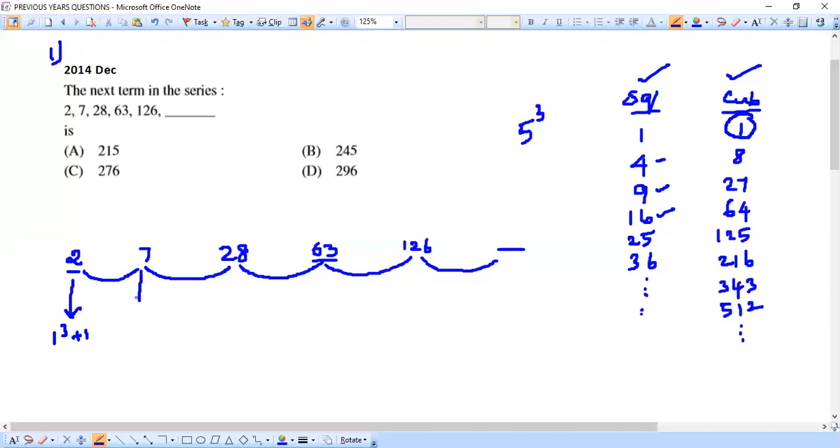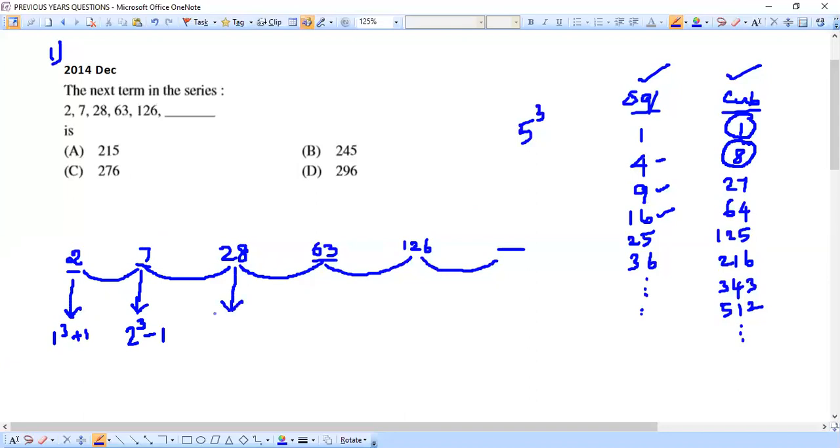Same way, now come to the second term, which is 7. Yeah, coming back to the list. Here in my list, 2 cube, I know that it is 8. See this 8 I have here, but our second term is 7. That means this 7 is 1 less than this 8. So what I can do here is, I can write this 7 as, remember carefully, just follow this, 2 cube, I know 2 cube is 8, 8 minus 1 I will get this 7. I think you are able to follow this. Kindly just carefully follow this.